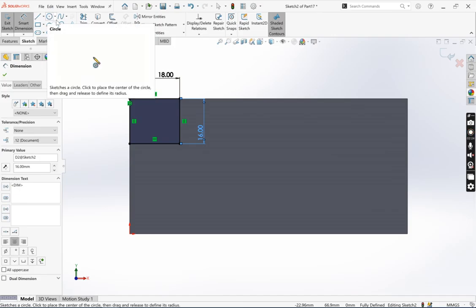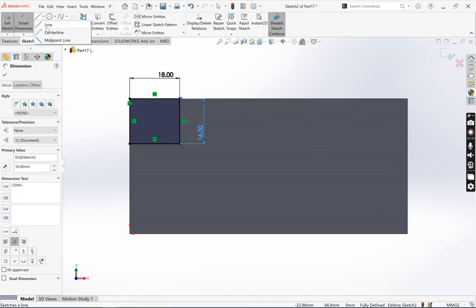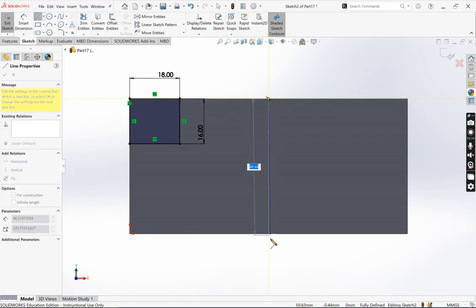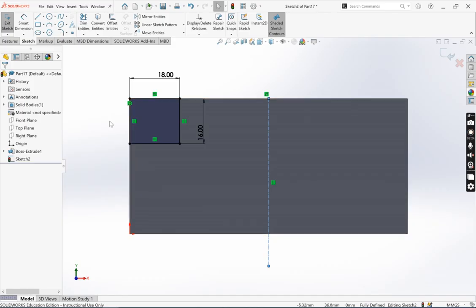Now what I could do is just draw those individual corners, do it the same way. What I'm going to use is a new tool, so I can use this line. There's a drop down menu that gives me a center line. When I go along the orange line at the top, I can draw a center line down to tell me where the center is. I'll confirm that, just press escape on the keyboard.